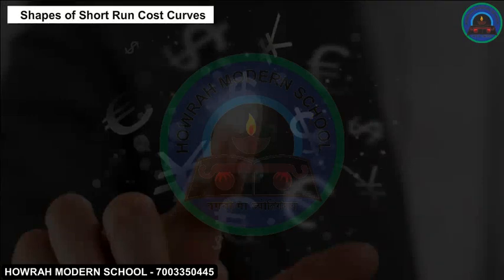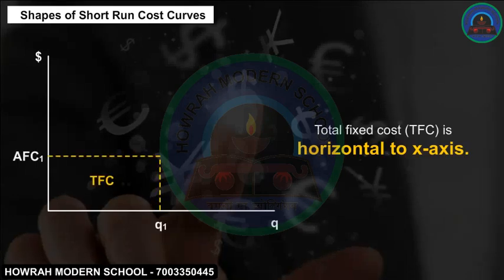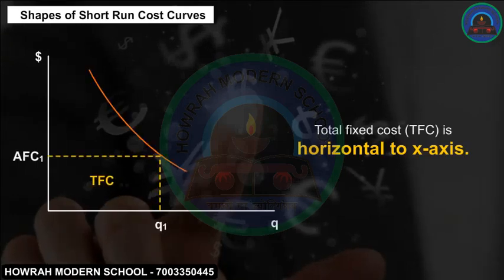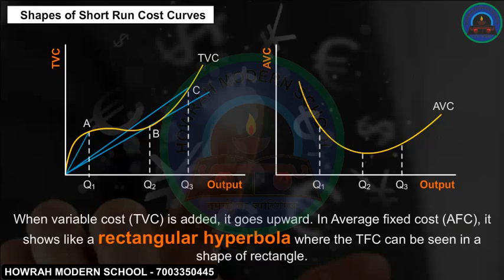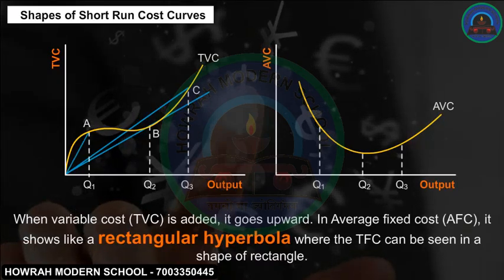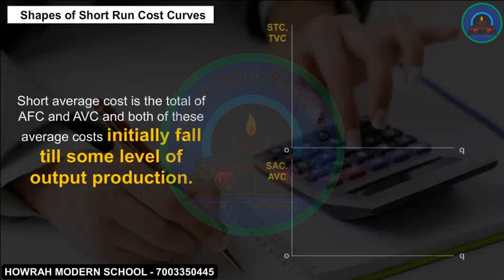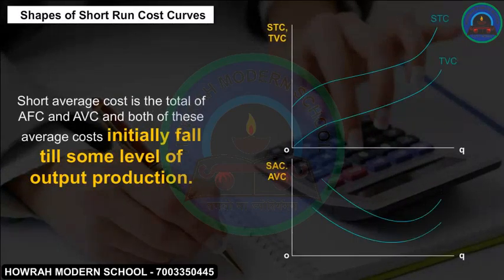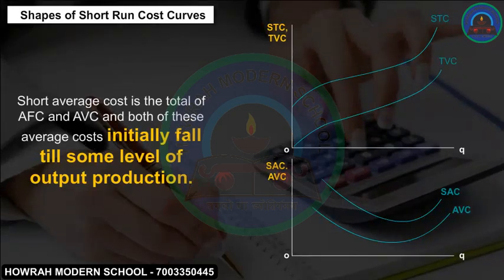Shapes of short-run cost curves. Total fixed cost, TFC, is horizontal to the x-axis. When variable cost, TVC, is added, it goes upward. Average fixed cost, AFC, shows like a rectangular hyperbola, where the TFC can be seen in the shape of a rectangle. Short-run average cost is the total of AFC and AVC, and both of these average costs initially fall